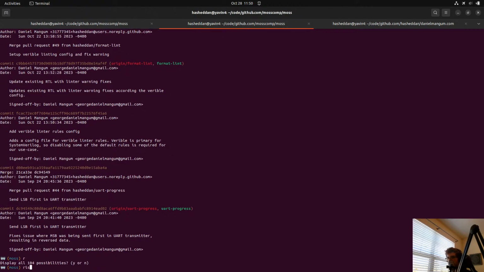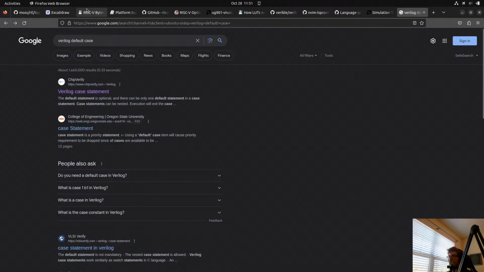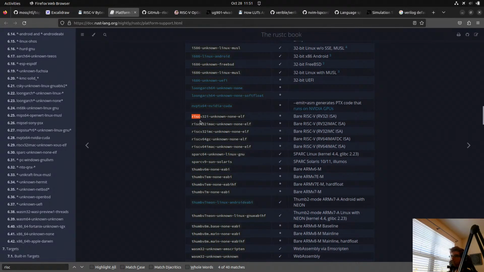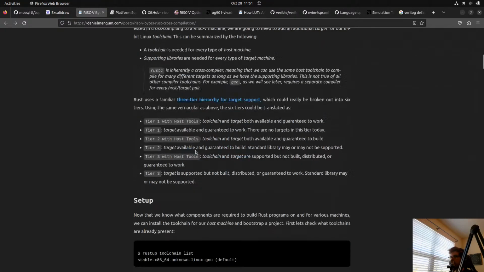But I think I have, so I was going to see if I could... no, RISC. Oh, they're not in the tool chain I have for RISC-V that is currently installed. It's related to Zephyr and the one that it installs. So I'm going to grab... I also thought about using Rust here. Right now, we could try it. It doesn't have RV64I, but it does have RV32I. So maybe actually we'll give that a try.